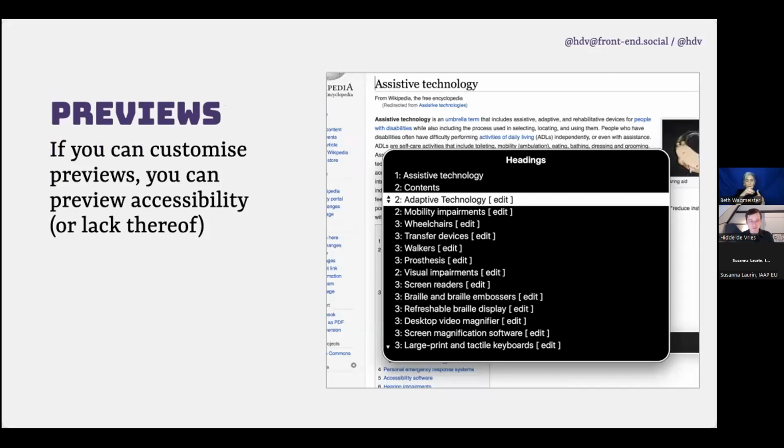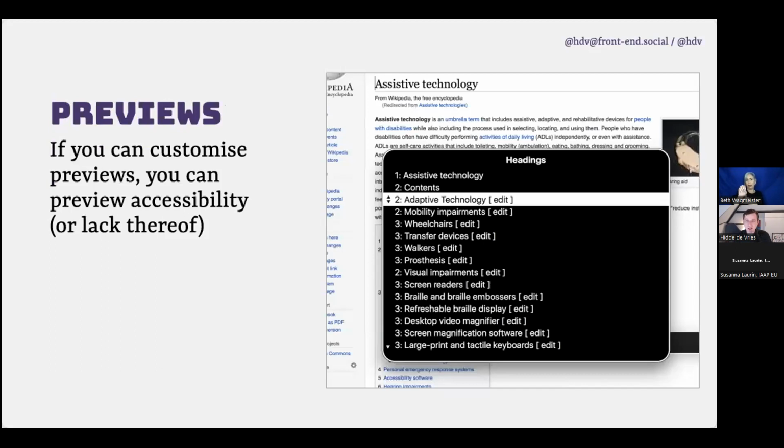And one thing that you could do with that is create a preview that is just the headings, because a lot of people who use screen readers browse by headings. So what if you could have a list of just the headings that's displayed right next to your content? If you have that, then you can easily verify, is this a list of headings that I could browse by? Is this a good representation of the content? Are these things that are useful to navigate to? And then basically consider your usability right there in your editor.